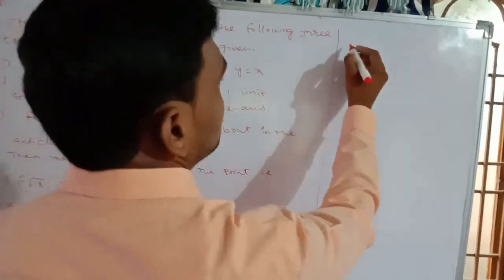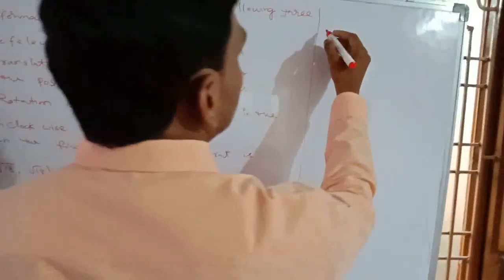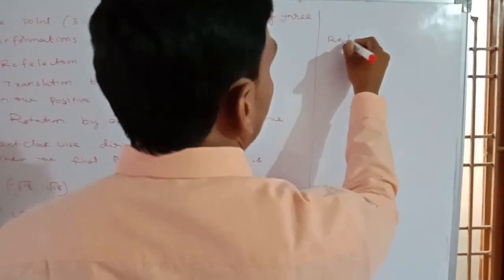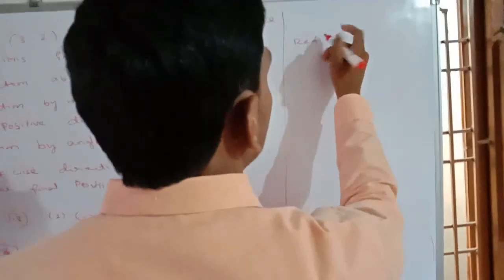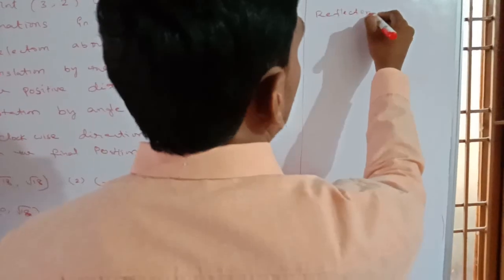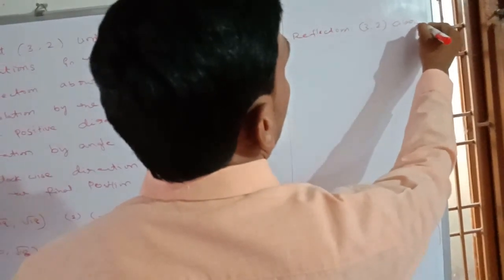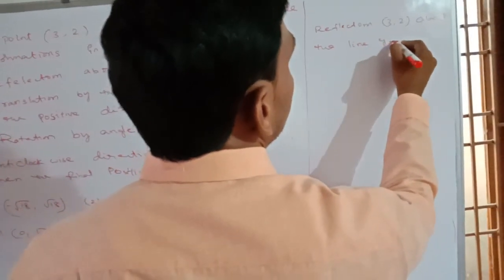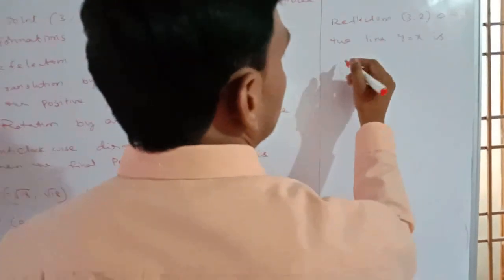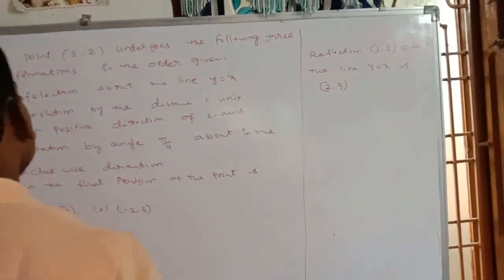First of all, the reflection of 3 comma 2 about the line y equals x is 2 comma 3. Now the first transformation is completed, and next